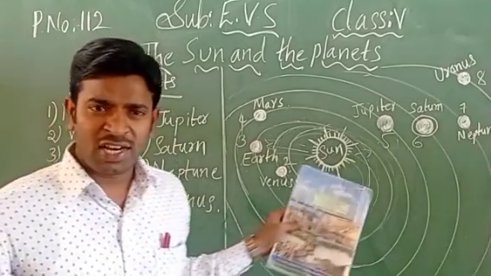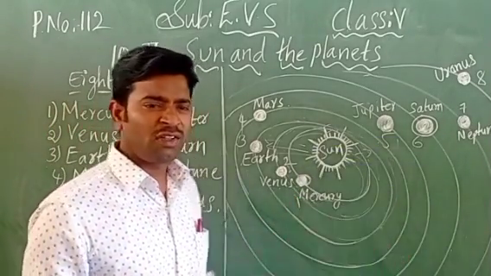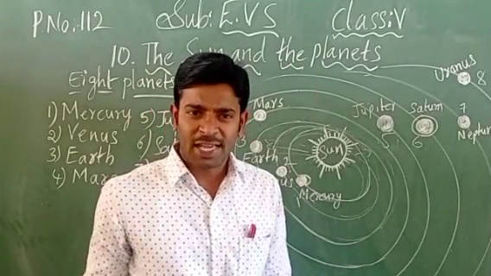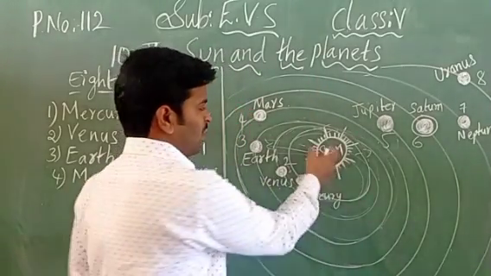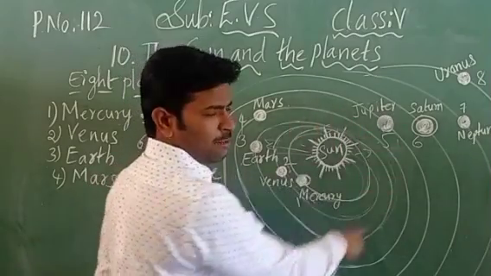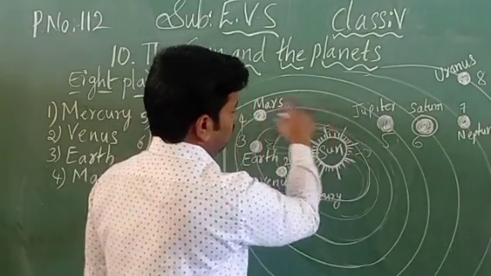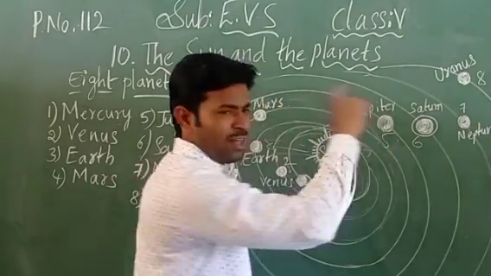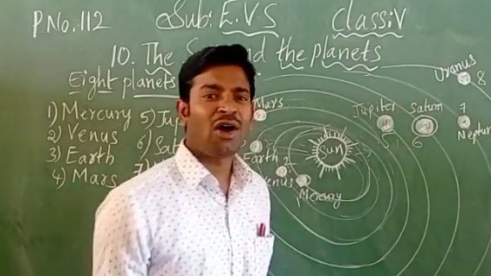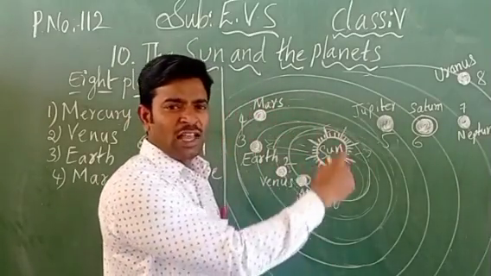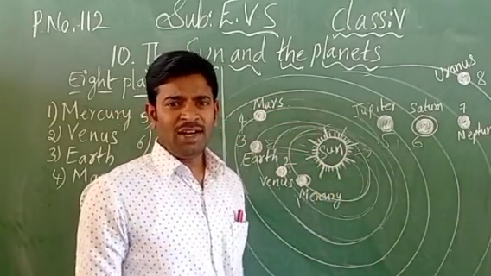If you want to draw the diagram of the solar system, you can draw it by seeing your textbook. The diagram is present. Draw a neat diagram of the sun and the 8 planets which are revolving individually. Line by line, don't keep them together, children. In one orbit only are all the 8 planets revolving? No, it is wrong. Every planet has its own orbit. In that way you should draw the diagram.